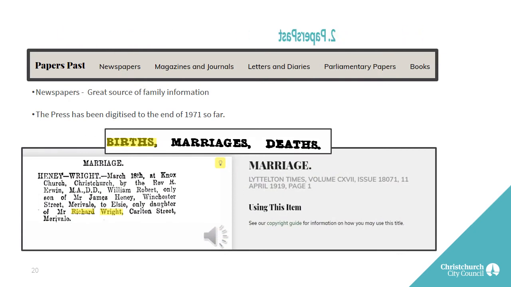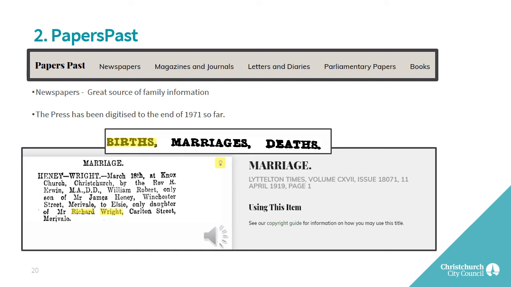The next place to look for information about your family is in newspapers. Christchurch City Libraries have the local newspapers on microfilm, but many New Zealand newspapers have been digitised by the National Library and made available on Papers Past. Papers Past is an online digitised collection of New Zealand information from newspapers, magazines and journals, letters and diaries, parliamentary papers and books. The help pages give you guidance in searching, which can be very helpful as names can be